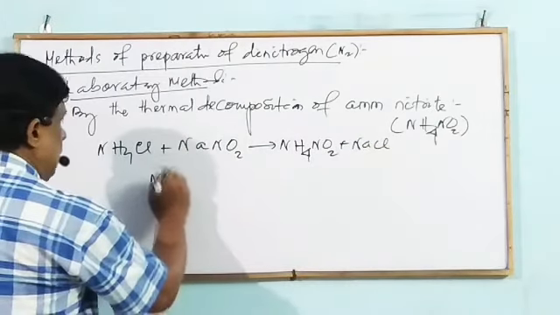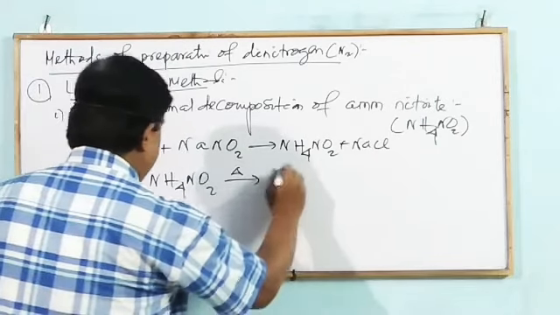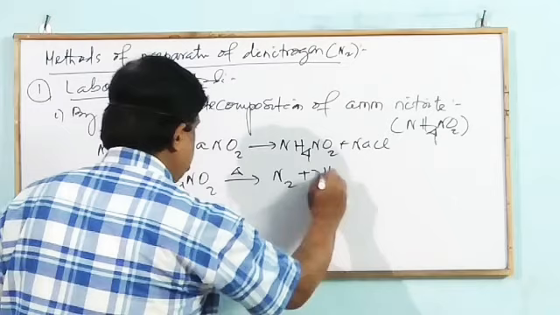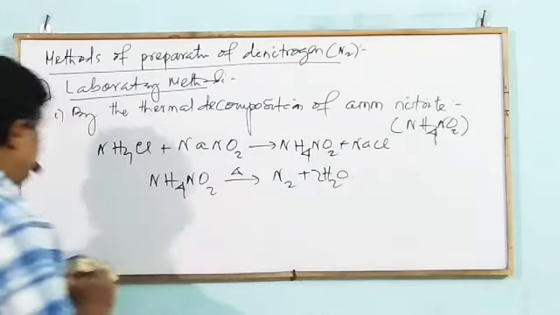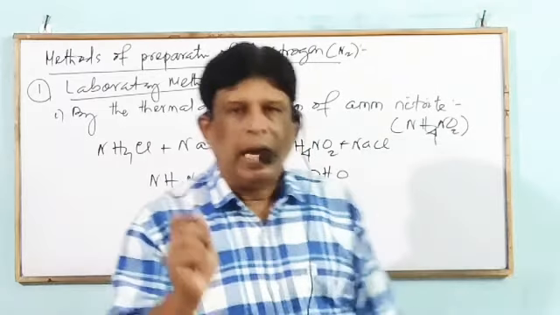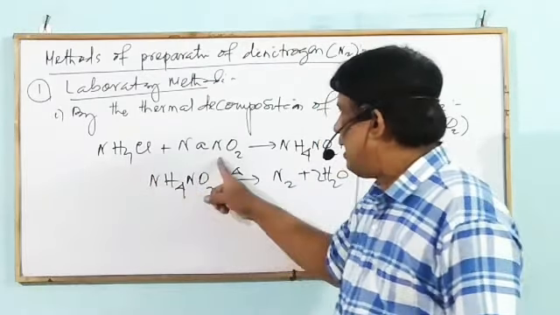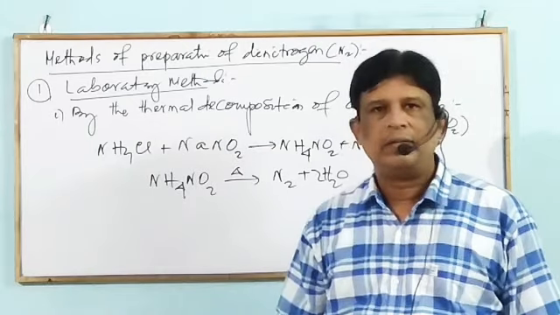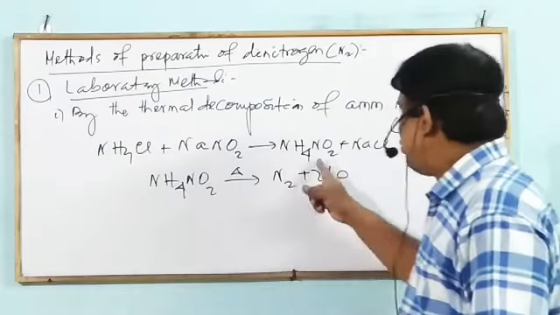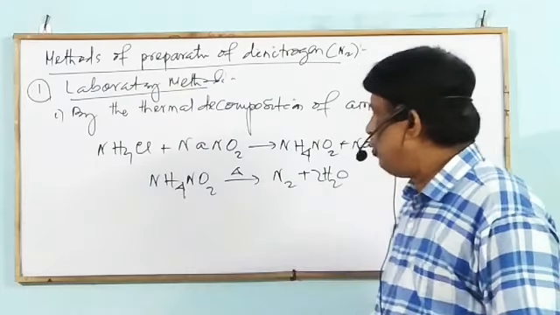Next, NH4NO2 upon heating gives N2 plus 2H2O. Mark that. In the laboratory, taking an equimolar solution of ammonium chloride and sodium nitrite, what is formed? Ammonium nitrite and sodium chloride,